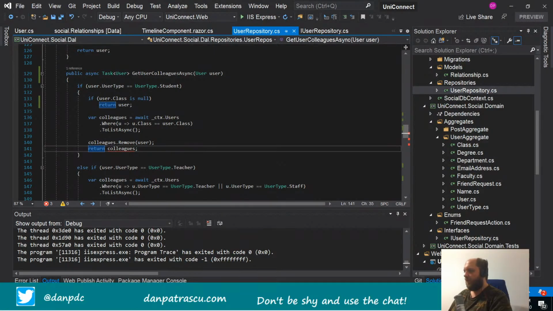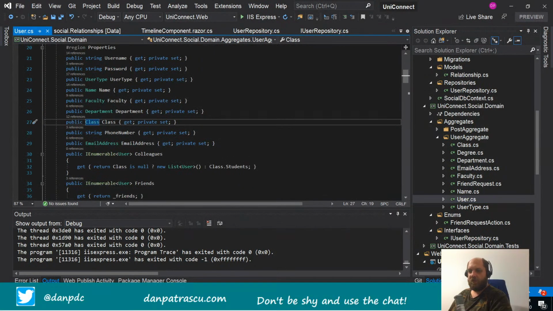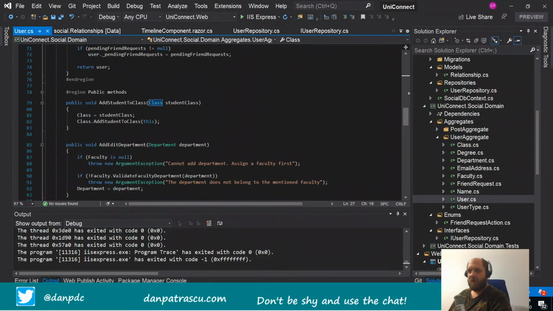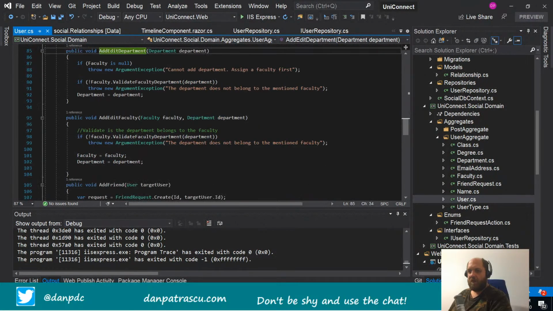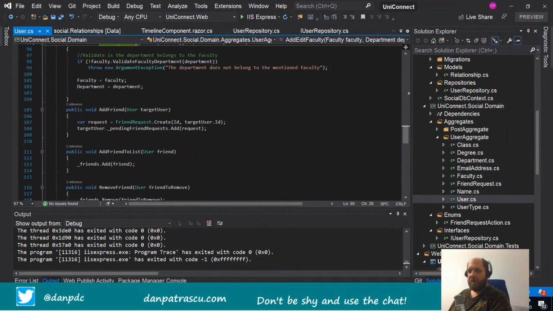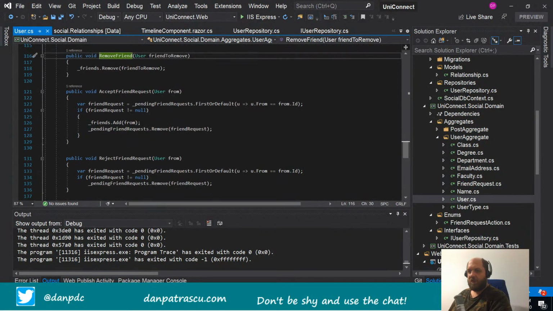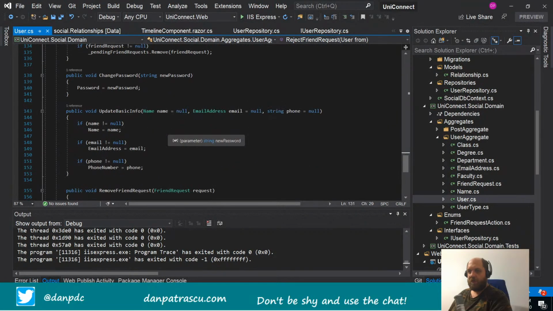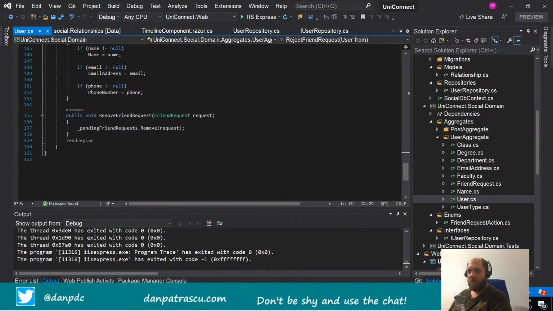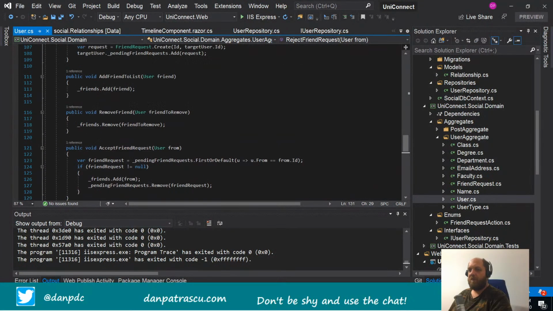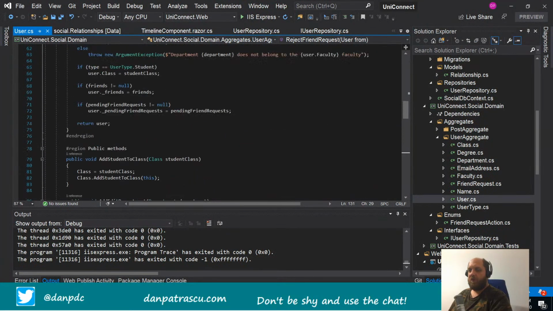And for that, I guess we need behavior on the user itself, and I guess we have something already here. So add student to class, add edit department, add edit faculty, add friend to list, remove friend, accept friend request, reject friend request, change password, update basic info, remove friend request. Okay, so we don't have that, but we can expose a method